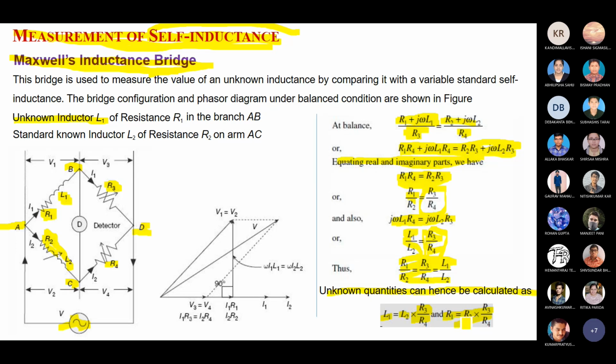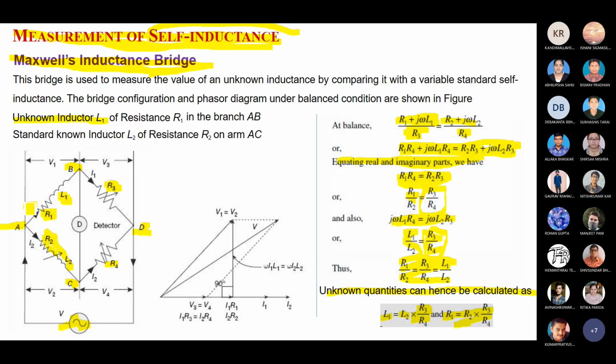Now the important portion is that if you want to draw the phasor diagram, how do you draw it? Normally, when we are drawing the phasor diagram, one parameter is considered as the reference. First we have to find the reference one, then we draw the other variables, or other parameters, based on the reference one. So which one are you considering as the reference?